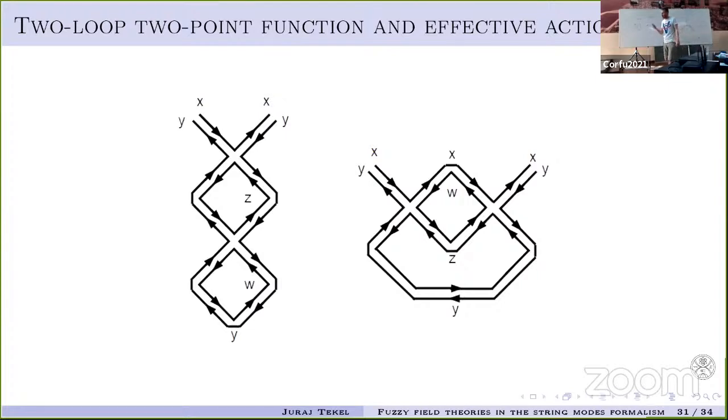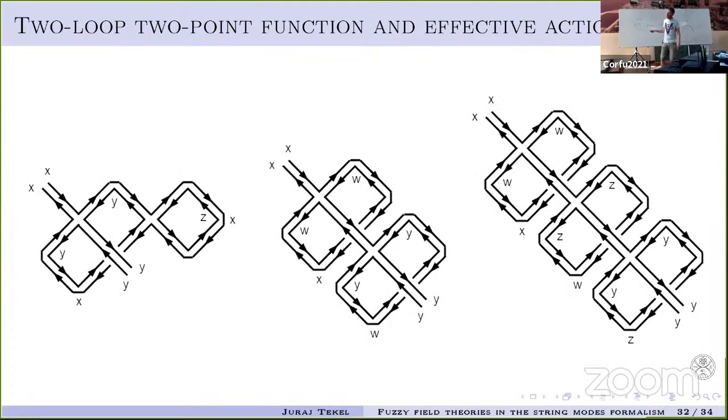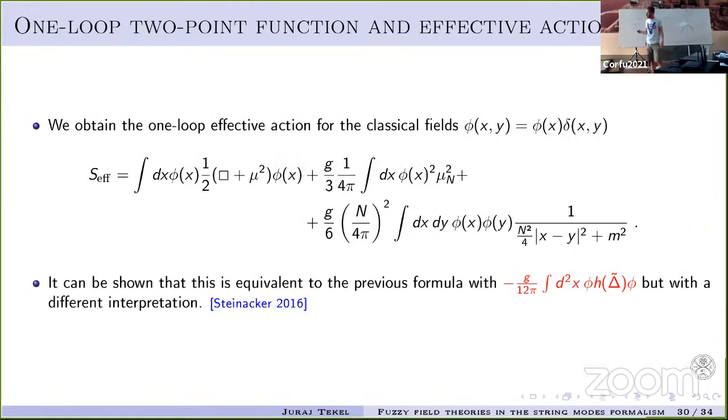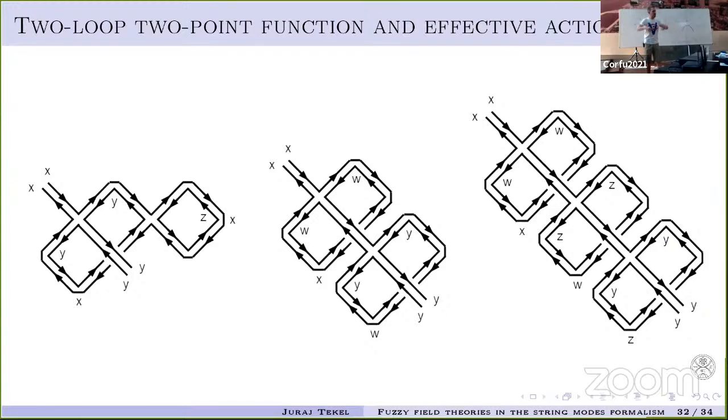This leads to some usual terms, but then you can write diagrams that are like this, which lead again to those XX, YY contributions that contribute to the part of the effective action that leads to UV/IR mixing. And now you can show that this particular diagram is not that problematic. It produces a term that's less non-local than this thing here. But this diagram produces something that's even more non-local than the one-loop contribution, and this diagram produces something that's even more non-local than this two-loop, and therefore more non-local than the one-loop contribution.